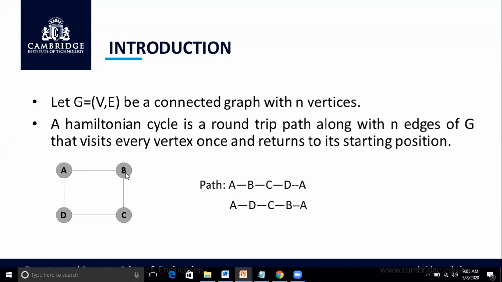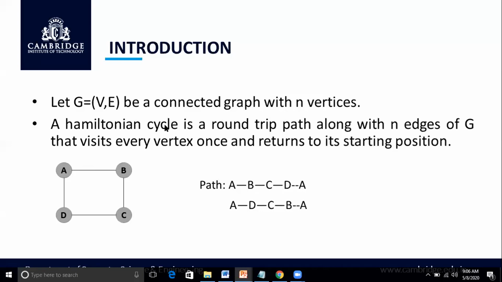First I'll visit A to B, from B to C, from C to D. So I visited all these cities, so I should go back to the source city directly. Do you have a direct edge from D to A? Yes. So this path, A to B, B to C, C to D, D to A, is known as a Hamiltonian cycle.